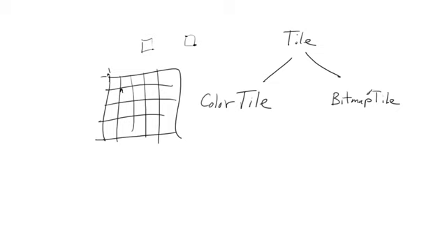And you should be able to do this without changing too much. The only thing you have to change in the tile map class is the constructor, right? The way it reads in file formats. Because you add a bitmap tile, you'll be able to add new types of tiles, but you'll have to have a way of keeping track of the tile names. You could just hard code it into the constructor in tile map.